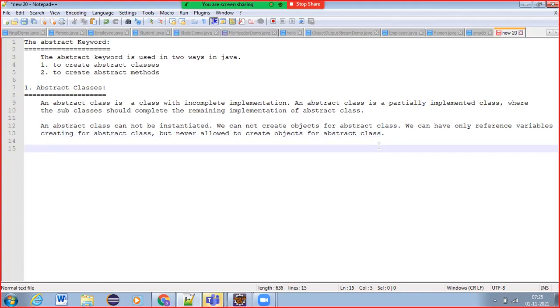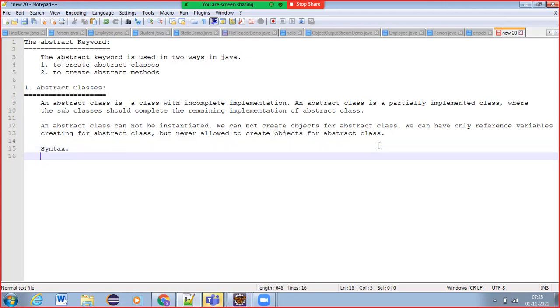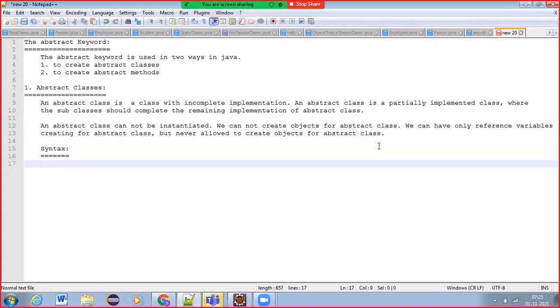Now, syntax: how do we create abstract classes? The syntax is public abstract class name.